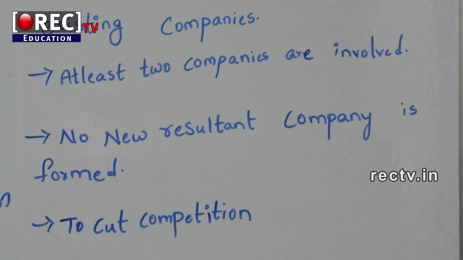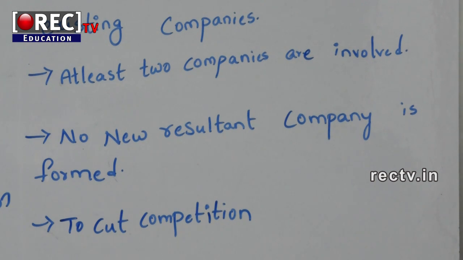No new resultant company is formed. Here in this example, both are existing companies. One existing company is taking the entire business of another existing company. This is the main difference between amalgamation and absorption. In amalgamation, the existing companies join and form a new company. But under absorption, one existing company will absorb another existing company and no new resultant company is formed. But the same point in both, amalgamation and absorption, is that both are done to cut the competition